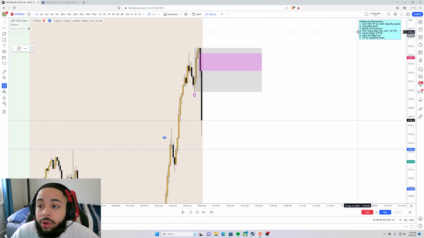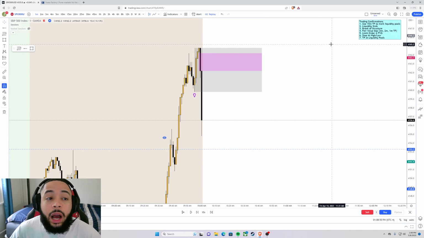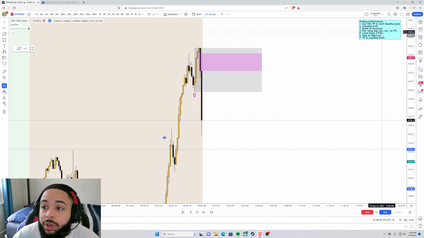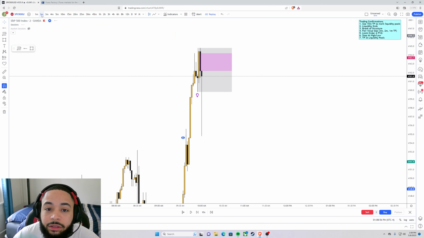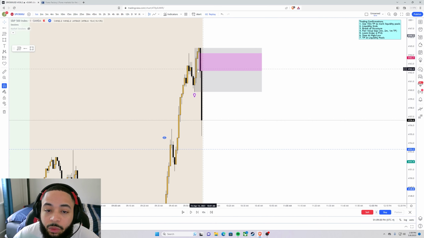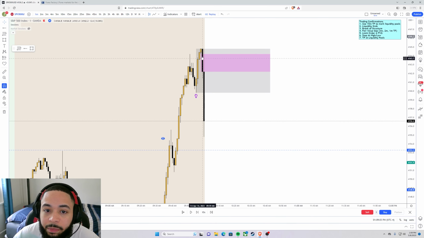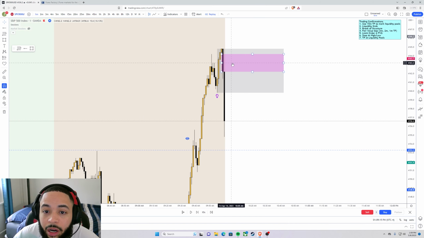One key thing to note is with the fair value gap, I really only look for these gaps on the 3-minute, 2-minute, and 1-minute time frames. So in this case, if I go 3 minutes, nothing. 2-minute, there's nothing. But the 1-minute is clear as day. We see a big gap in price, just bodies being formed. So this was just sell side offer. You just see black candles, but we are expecting price to retrace back and offer buy side